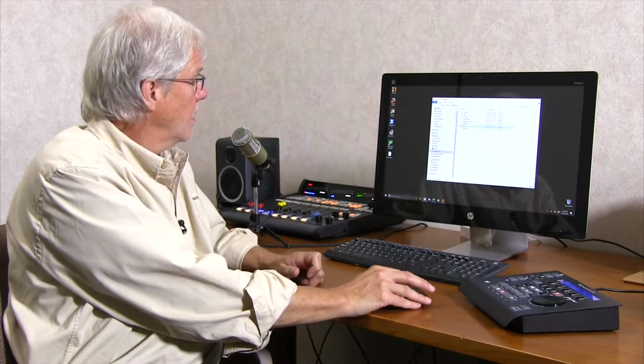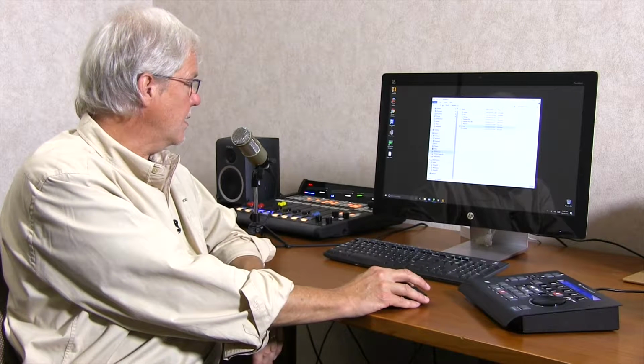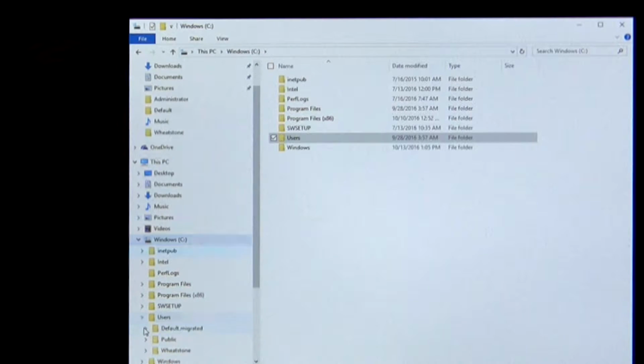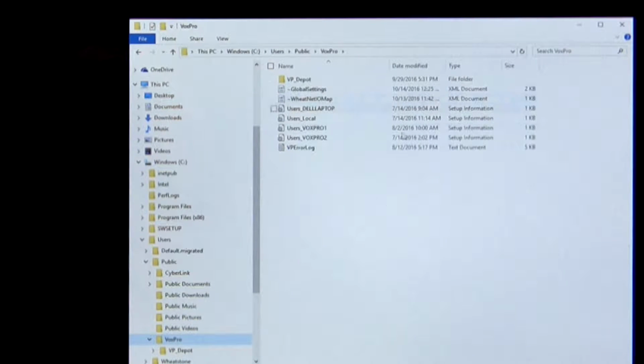Today I wanted to show you a little bit more about certain under-the-hood features with VoxPro 6. These are more for administrators, people that need to repair things when they're going wrong, and I just want you to understand a little bit about how VoxPro works and how it gets its information. So the default location where VoxPro keeps all of its information, including user audio files, is on the C drive. We go to C, Users, Public, VoxPro, and if we look at the contents of this folder here, there's a